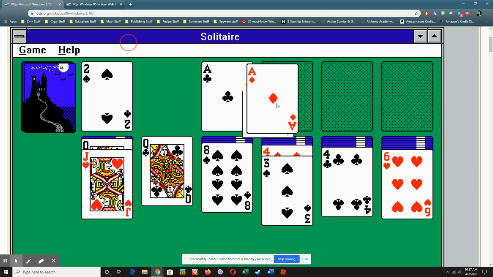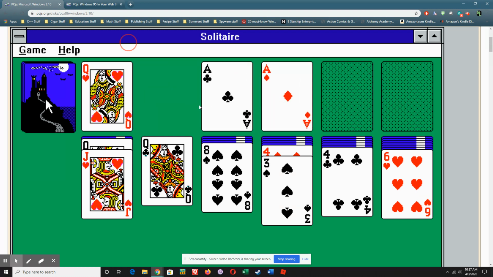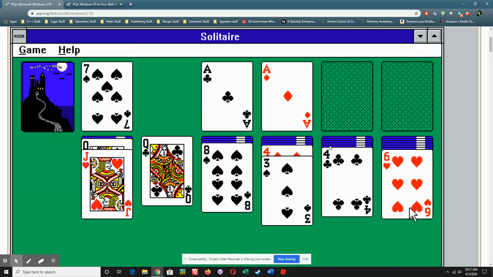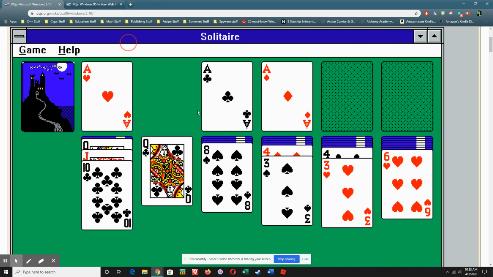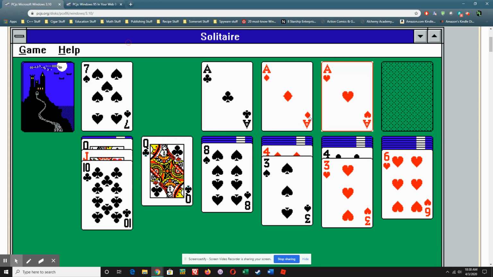So you can see this is the original solitaire, which is kind of funny. I have not seen this in quite a long time. That's aggravating. I could put the seven, the six would go right over it, but I got no place to put the seven. Three can go down there. I'm sure you don't want to sit here and watch me play solitaire, although I am reliving a portion of my youth sitting here doing this.